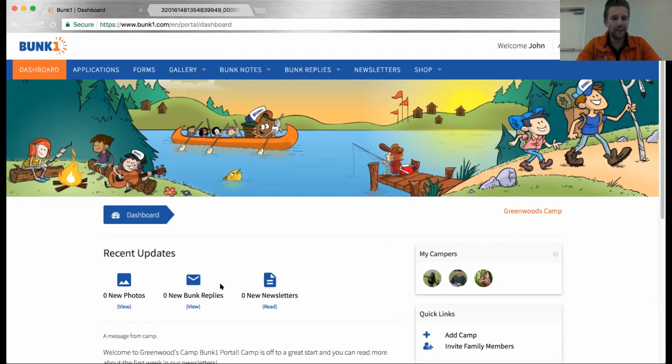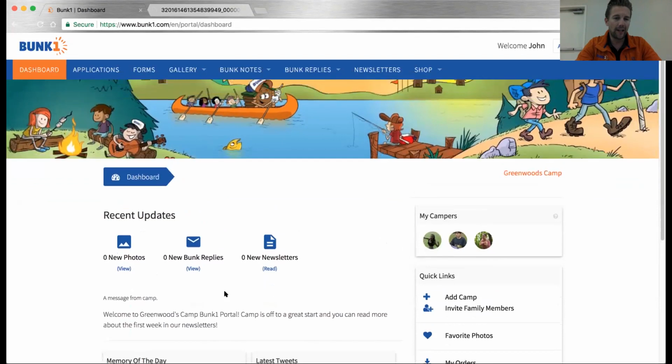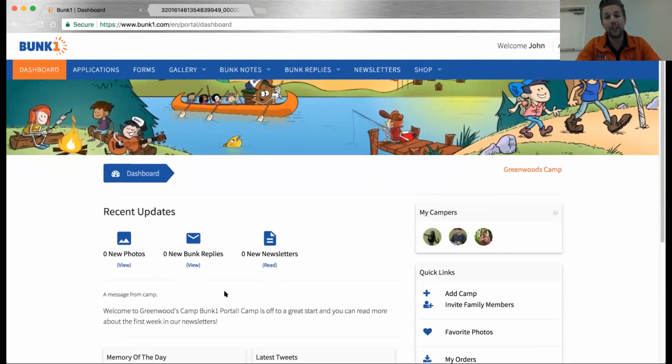But then you'll have this dashboard where everything on the dashboard is unique to each user. So the parents will see how many new photos you've uploaded since they last logged in. Bunk replies would talk about what that is, and newsletters. They also have their camper profile pictures here, which links to our facial recognition software. And I'll show you how our facial recognition software works through this demo, hopefully on the mobile app, because it's